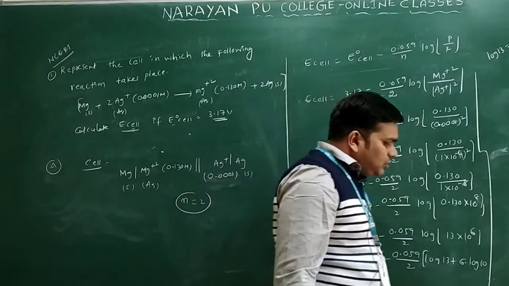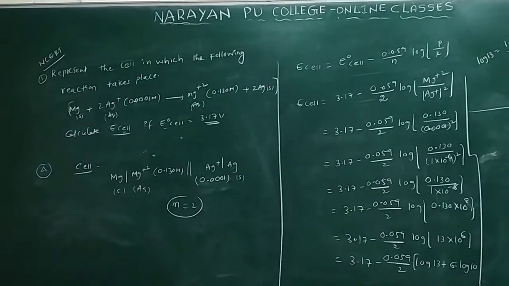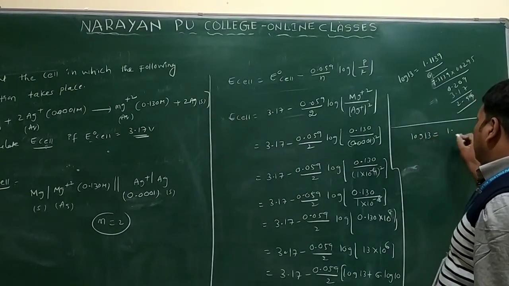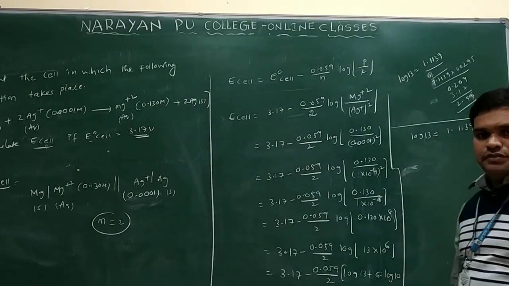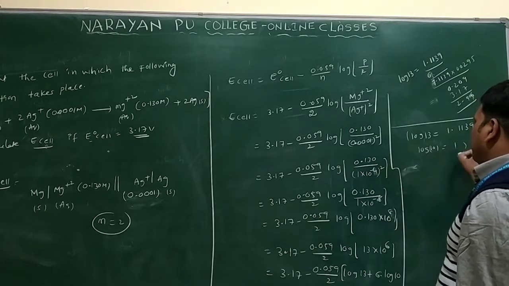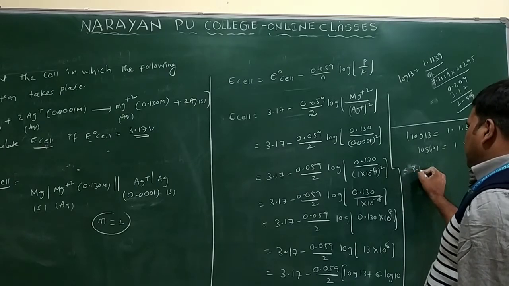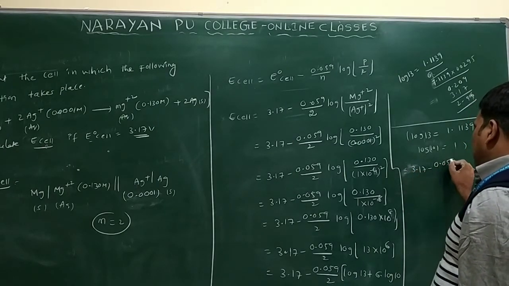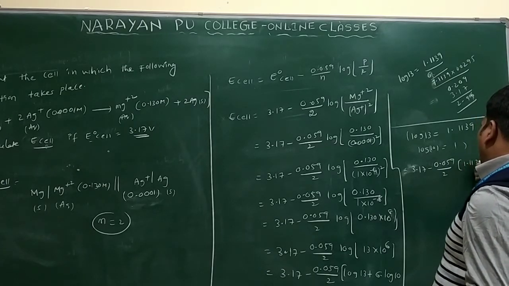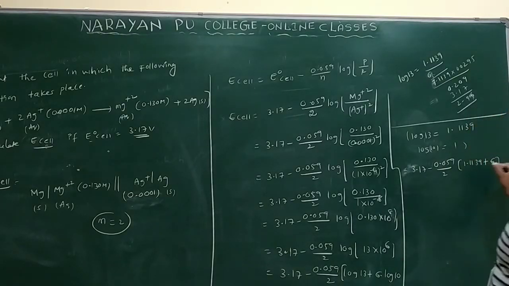Clear? Now you have to identify the value of log 13 only. Just you will see the log 13 value. The log 13 value we have is 1.1139 only. And the log 10 value we have is 1 only. You can keep your bracket for understanding. Then you can substitute the values. Then what will you get? That is equal to 3.17 minus 0.059 by 2 into log 13 value, 1.1139, plus 6 into log 10 value 1 only. You will get 6. Now here 6 plus 1 is 7 only.